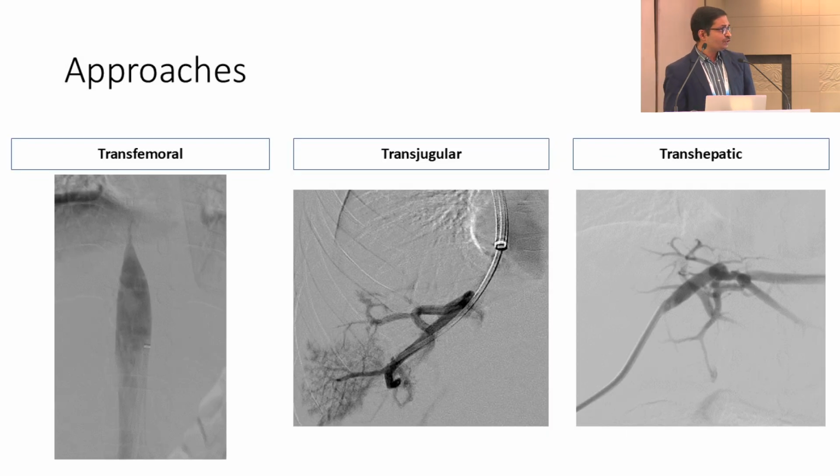The approach we typically use is transfemoral whenever there is IVC obstruction or IVC stenosis. We go through the transfemoral route, do a venogram or a cavogram to see the level of obstruction and try to cross it. For hepatic veins, we typically use either a transjugular route or a transhepatic route. Because children are small and the liver is also small, it's easier to puncture the hepatic veins directly. Often if you see a good length of normal hepatic vein, it's easy for us to directly puncture it transhepatically and then do our procedure completely.